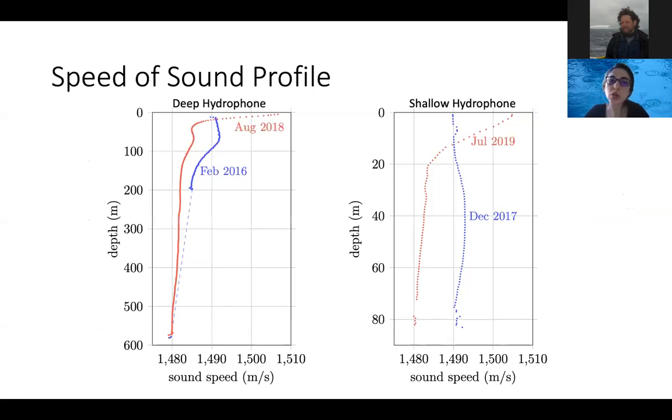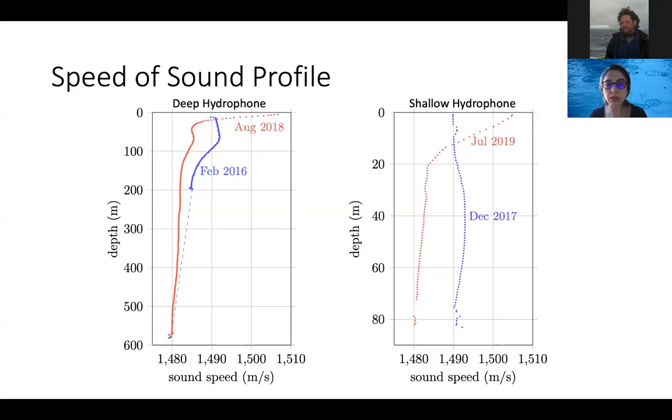In this figure, I show an example of a speed of sound profile at both locations, deep hydrophone here, shallow hydrophone here, in 2 months. So I took August 2018 and February 2016, just as an example, 1 month during summer and 1 month during winter. Speed of sound profile is very important for ocean acoustics because, as you can see in this image, it's